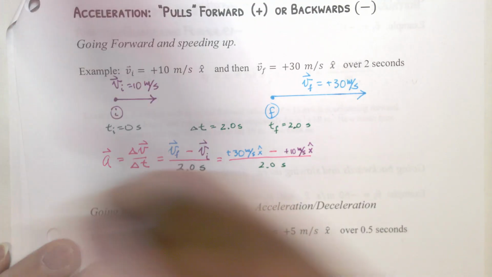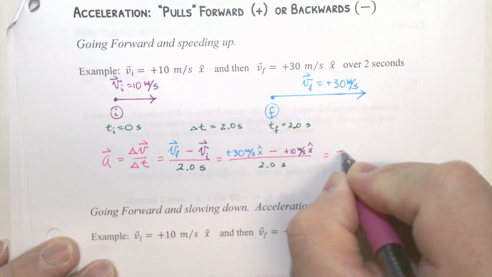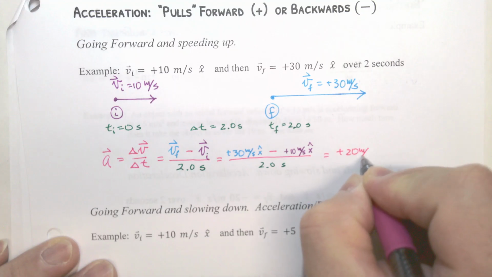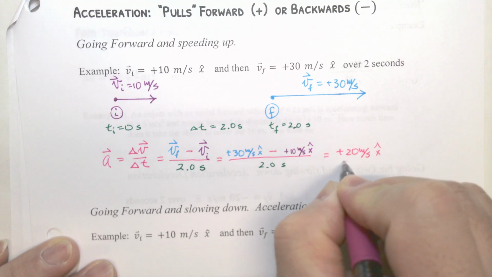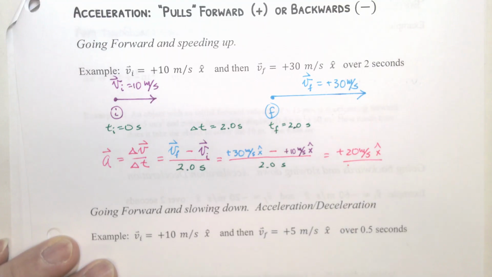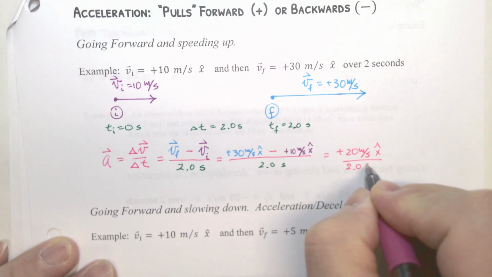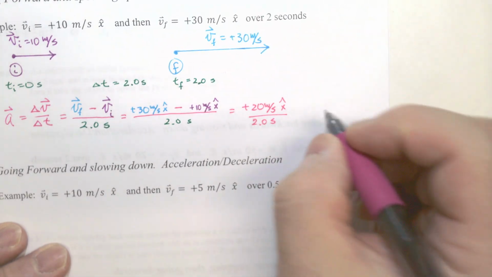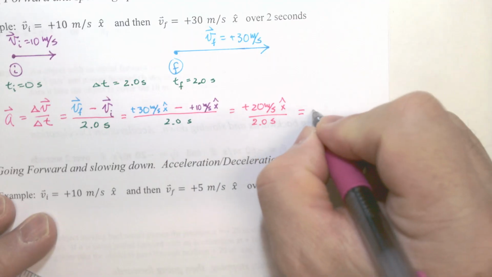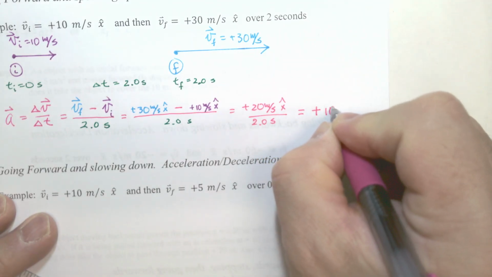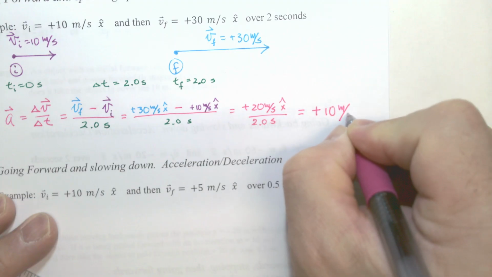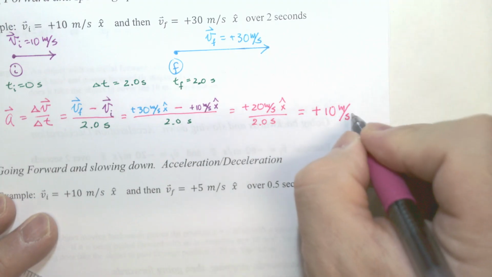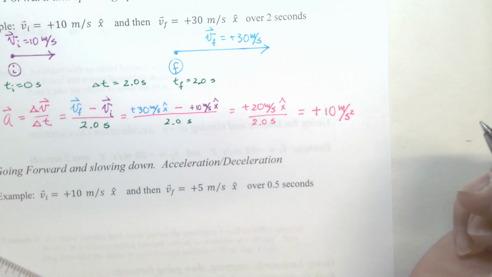So we have now positive 20 meters per second x hat over 2 seconds, okay? Therefore, our final answer is positive 10 meters per second per second, which is second squared,